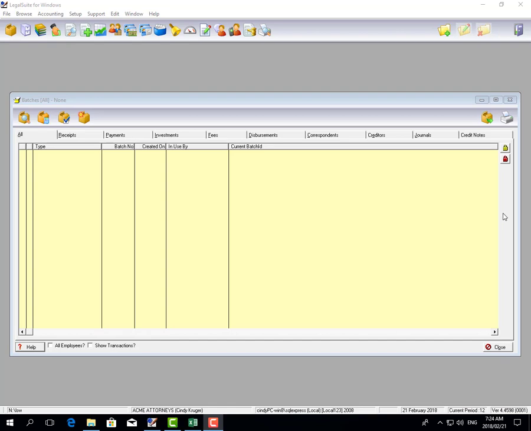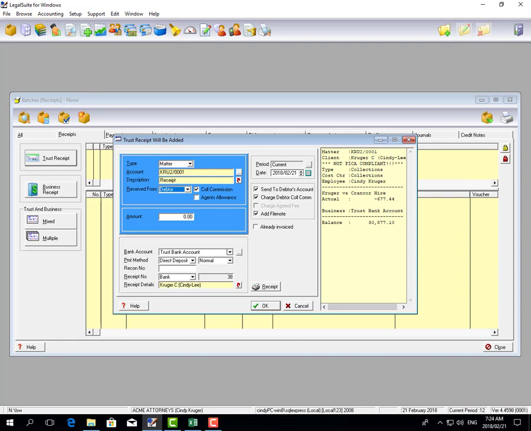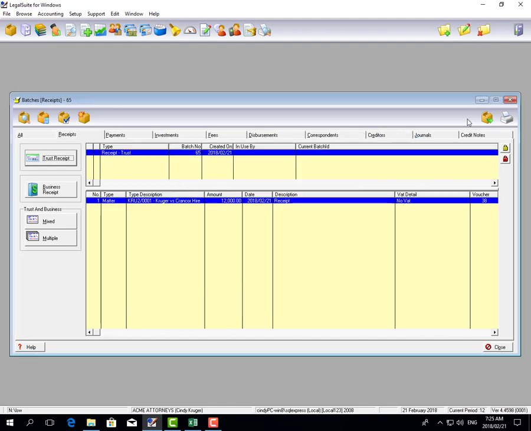Firstly, when an investment is recorded in the system, you need to have recorded the receipt. So your client pays your trust receipt. You then go to Receipts, Trust Receipt. You select your matter that paid the money. So let's say, for example, KRU2, and it was received from the client, how much they gave you to deposit. You then go and you post this amount,